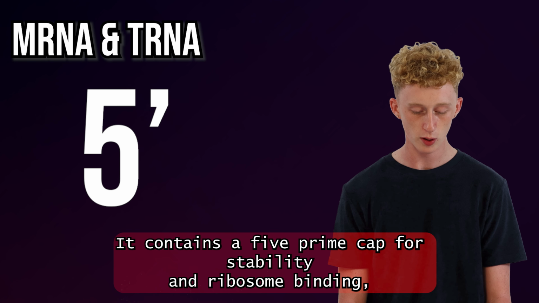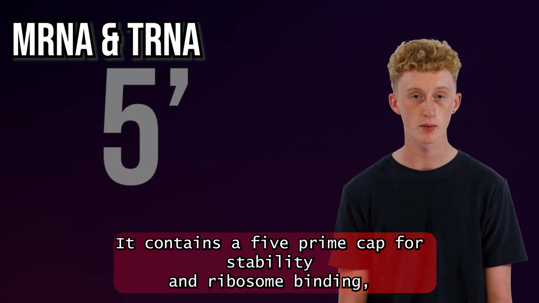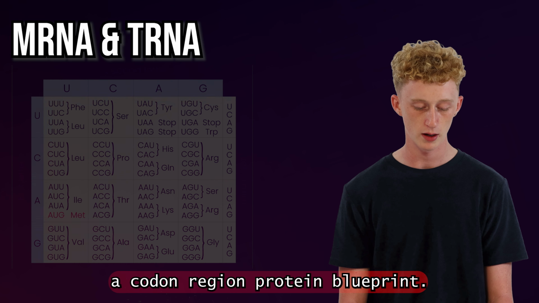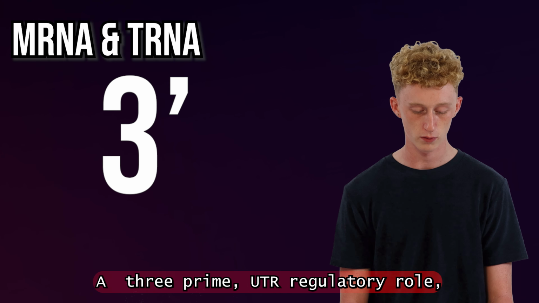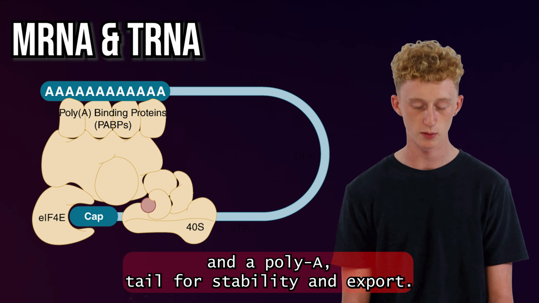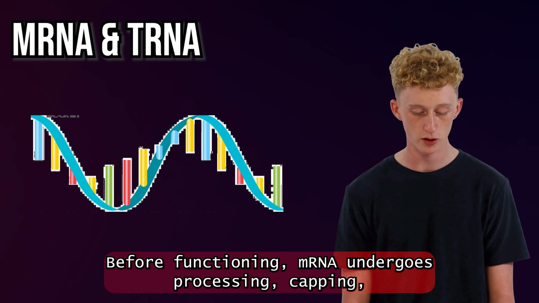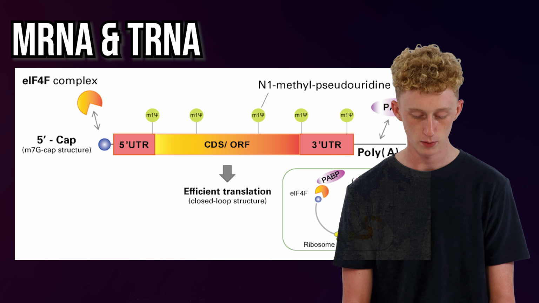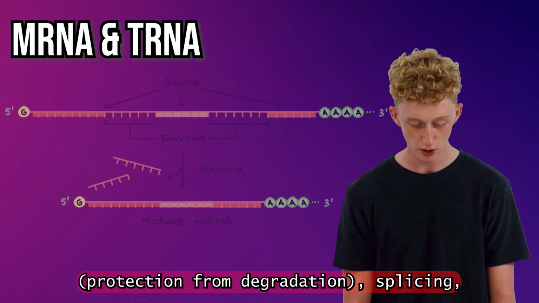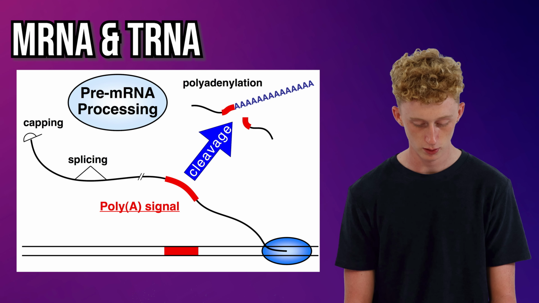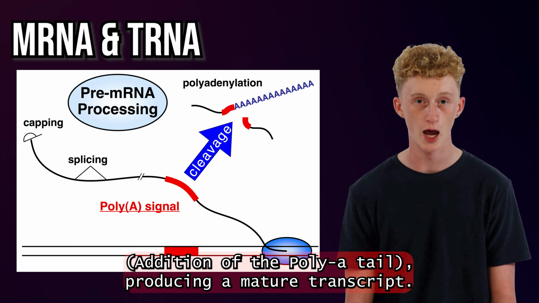It contains a 5' cap for stability and ribosome binding, a codon region, the protein blueprint, a 3' UTR, with a regulatory role, and a poly-A tail for stability and export. Before functioning, mRNA undergoes processing: capping, protection from degradation, splicing, removal of introns, and polyadenylation, addition of the poly-A tail,